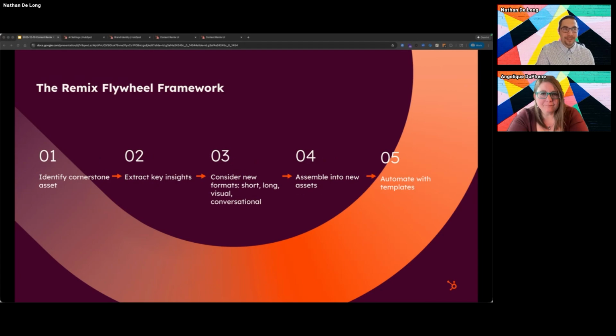And then last but not least, as you're building these remixes and as you're using this tool, you might find that you have motions that you really like, right? Start with my starting content, and I love the one where we create 2 emails, a landing page, and a Google search ad. You can save those as templates, and then from then on, the only thing that you have to worry about is feeding Content Remix the original content. All of your prompting and everything else will still be there, and you can use that template over and over again just by adding new content at the beginning.